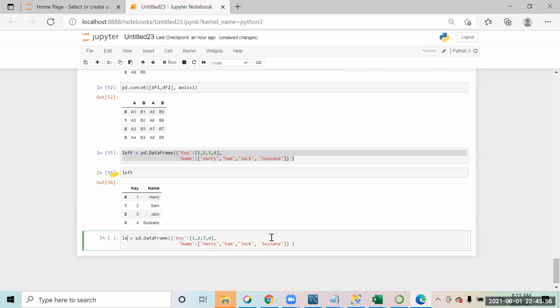Let's call it right. The key column I will keep the same, just change 1 to 5. And in this, we will keep age.